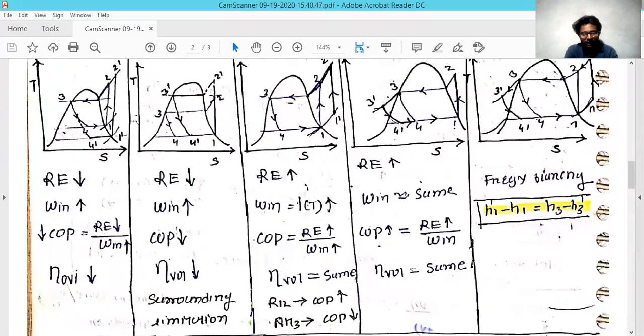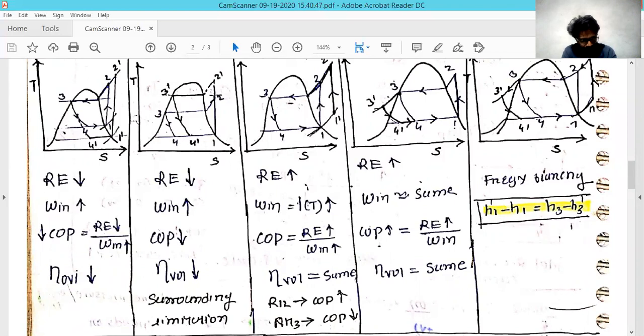So in this particular case, I have noted the point. First point is that refrigeration in this condition is going to reduce. Then the work input to this cycle is going to be increased, and just because the work is going to increase, the amount of electricity you have to provide is going to increase, and just because of that the operating cost, that is nothing but the coefficient of performance, is going to decrease.